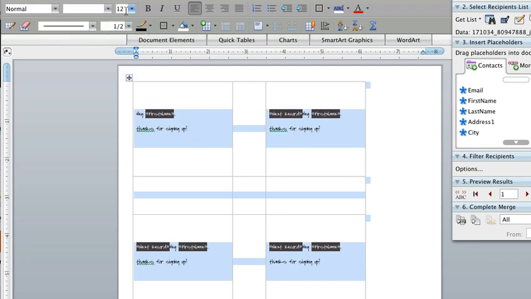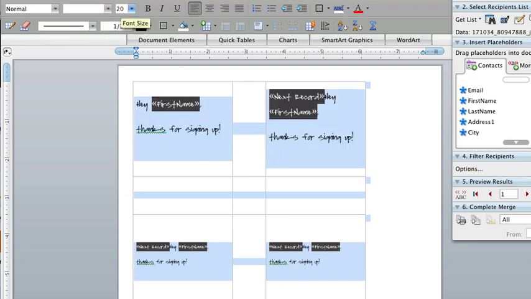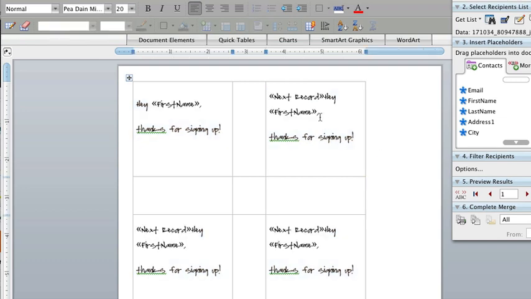And so right now it's pretty small. We're just going to open this up to blow that up to 20. So as you can see, these are new records for it. So okay, so now what we want to do is go to Complete Merge, step 6, and go to Merge